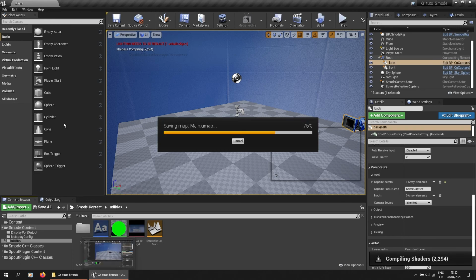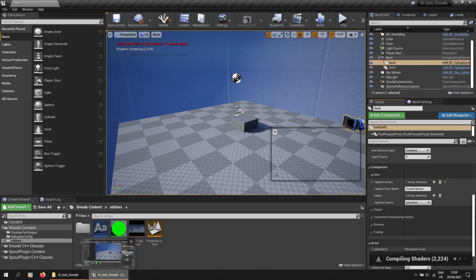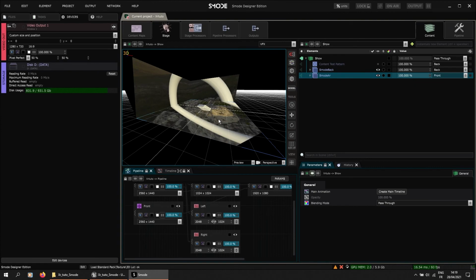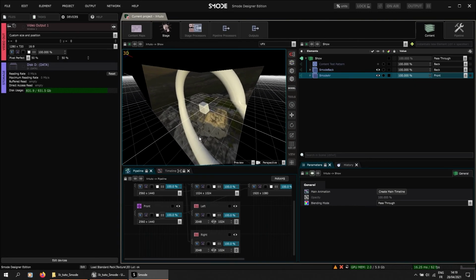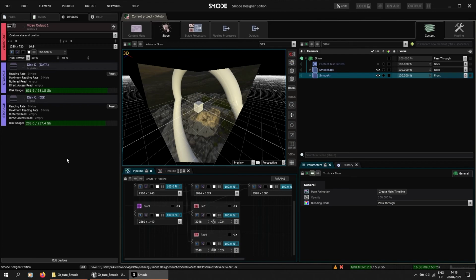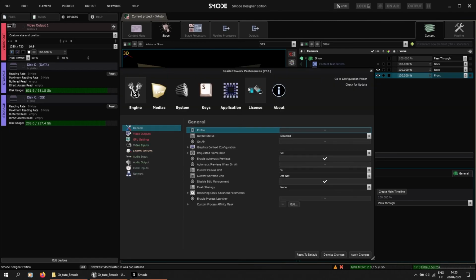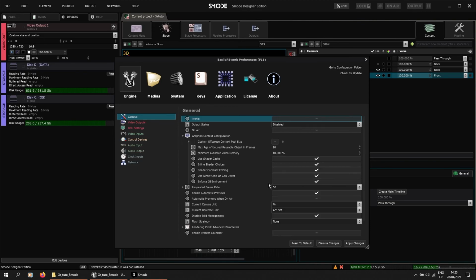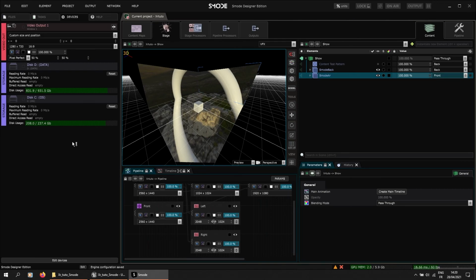and I will start SMOD, so we can configure SMOD. So this is the project created before in the previous tutorial. So you need to watch it before continuing this tutorial. First, for the GPU transfer, we need to disable Enforce OS environment in the preference panel. And then restart SMOD.